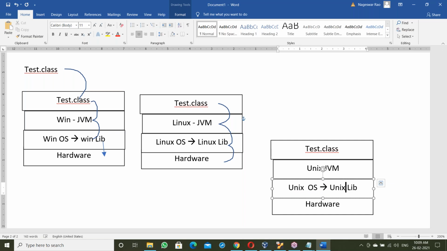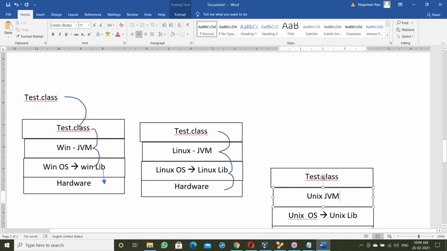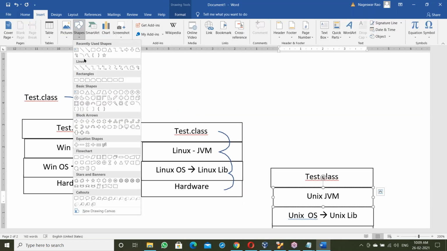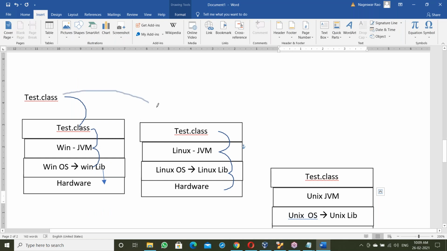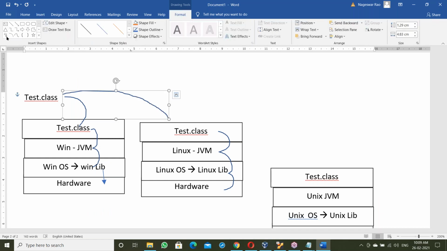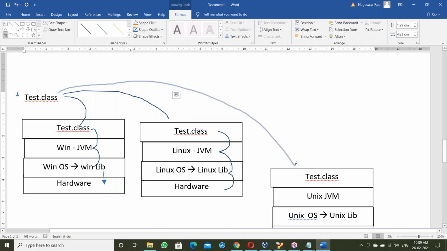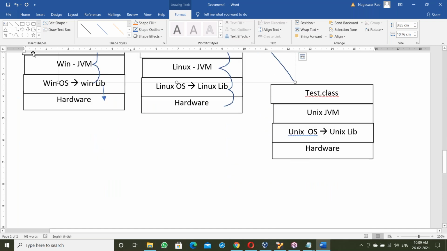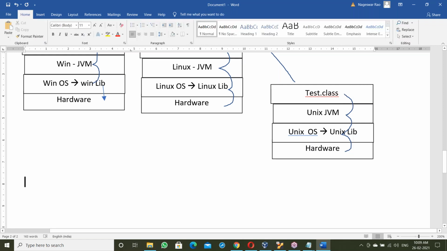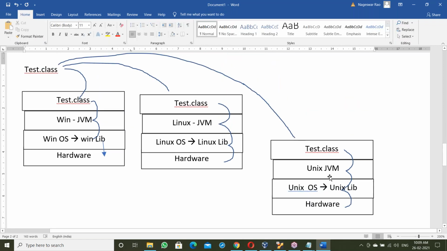Same Tested.class file, moving to the Unix base, the Unix JVM takes the Tested.class file and links it to the Unix library. Once linked, it communicates with the hardware components. So the JVM takes care of linking your .class file to the current OS.